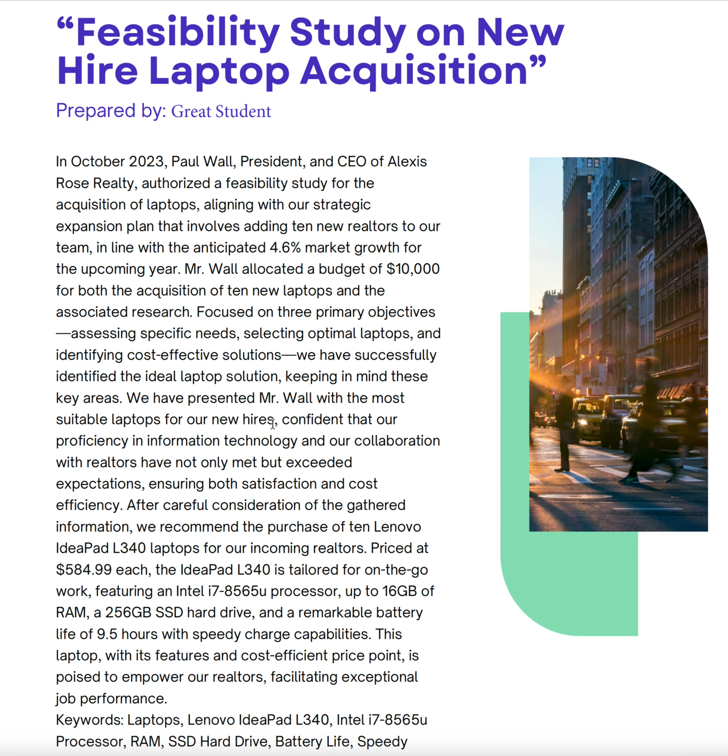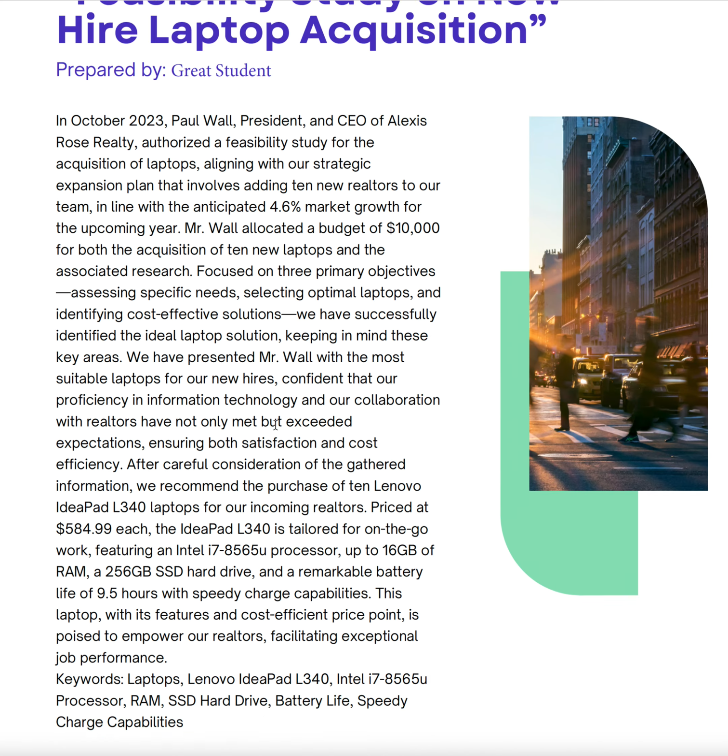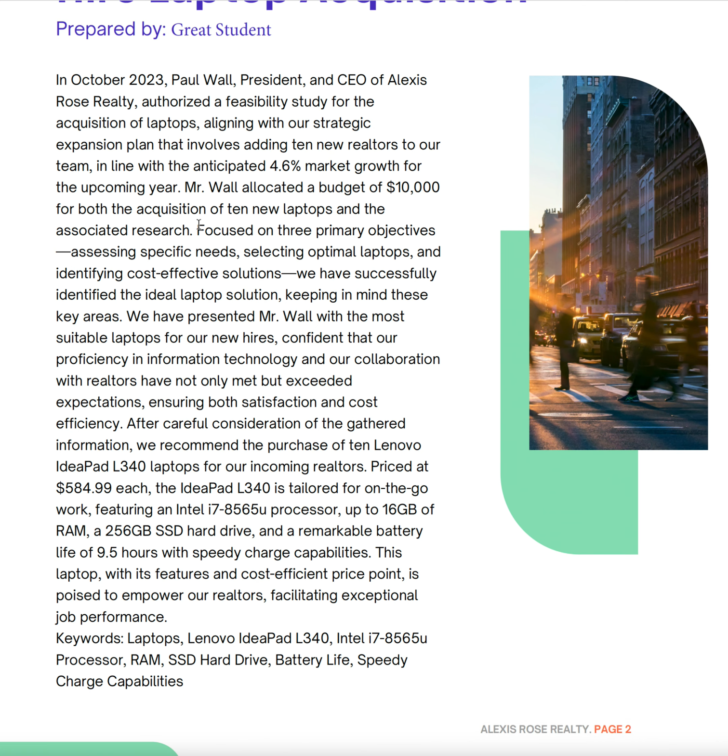So the abstract is similar to just a summary. It's very concise. This one, she only made 1 page. It just needs to go over the very basics of the story of what has happened. So she starts by telling us what's going on in the business, when this started, and so they needed 10 new realtors. The CEO, who she calls Paul Wall, which I thought was hilarious,